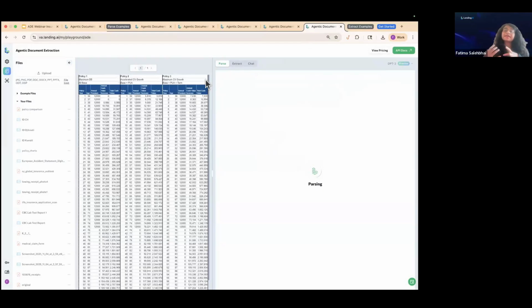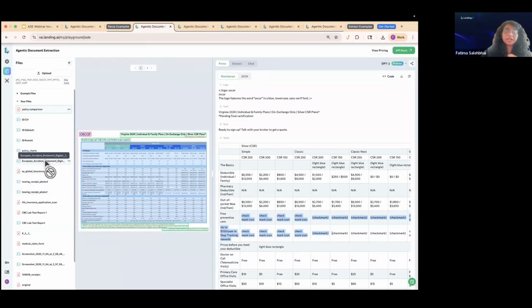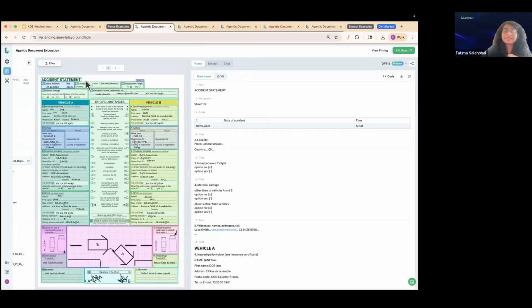And once the parsing is completed, what I will show is the chat feature. This chat feature is available in the playground so that you are able to interact with the parsing results and see how we can ground this information in the downstream applications that you have built. While this is processing, I will show you one more example of an accident form, which also has a very